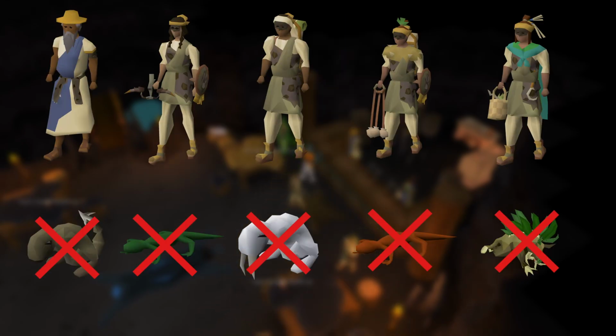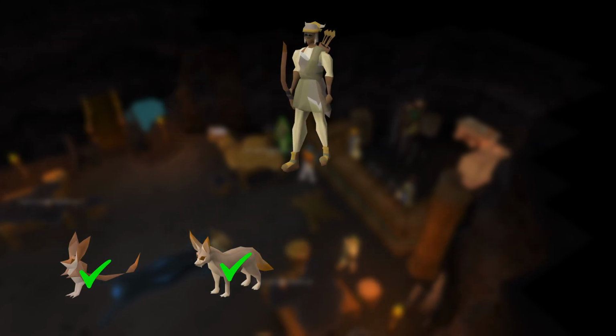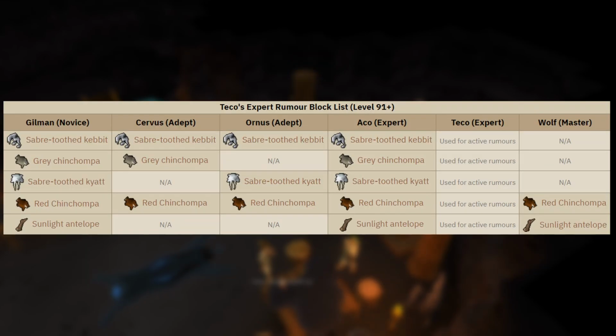You keep doing that until all of the guild hunters have assigned you a task you don't want, with the exception of a single guild hunter, and then you could just use them to complete Hunter Rumours again and again and again. Usually players will do this to narrow down the rumours that they receive so they can get the best Hunter XP per hour, but I'll be trying to use this method to block Hunter Rumours that I can't